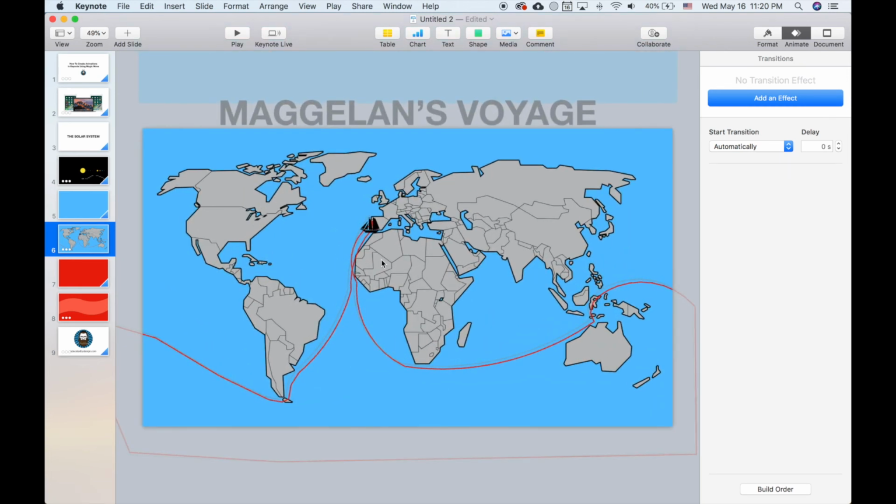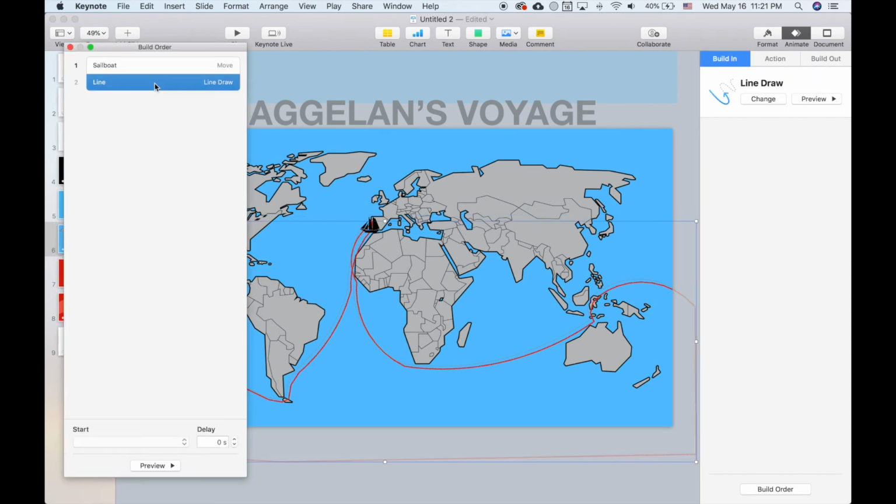Now, what I wanted to do is map the journey. I didn't want to just have the boat moving around and then you forgetting the progress that was made as the boat advances. So I actually created a second copy of that design, and I created an action here. Let me go to build order. Sorry, actually it wasn't an action, it was a build-in. So I have a build-in here,